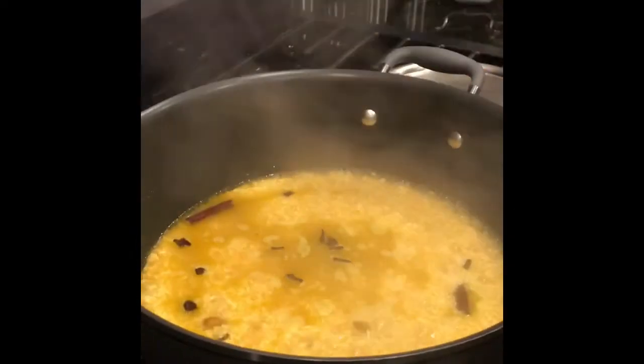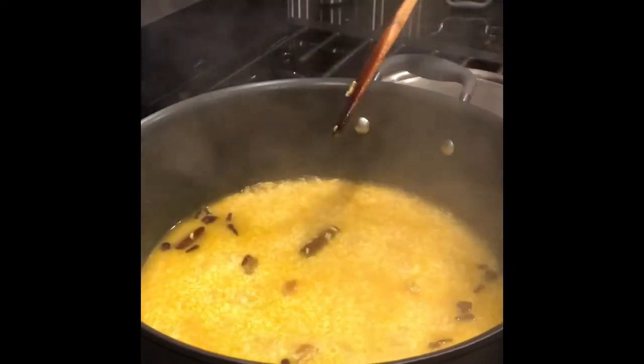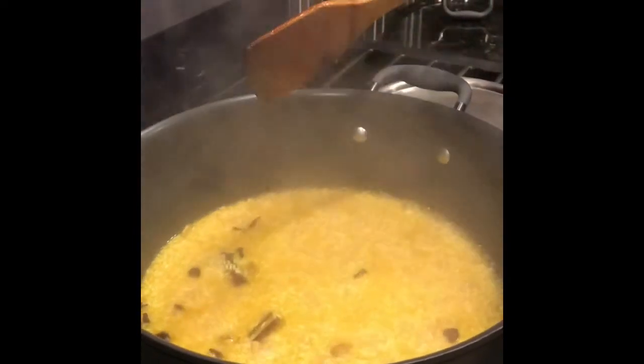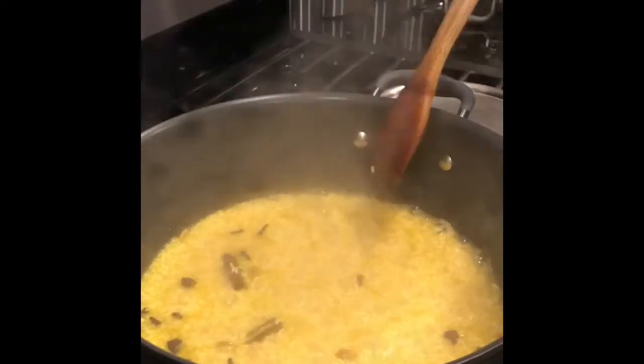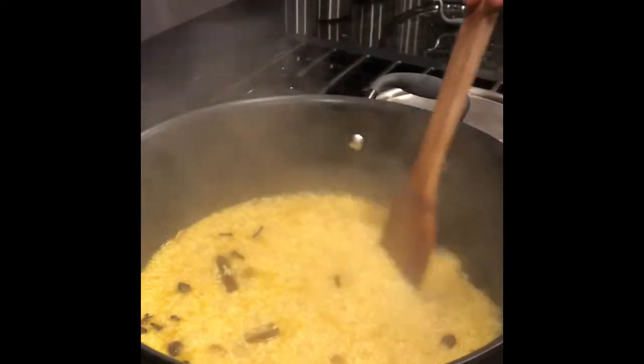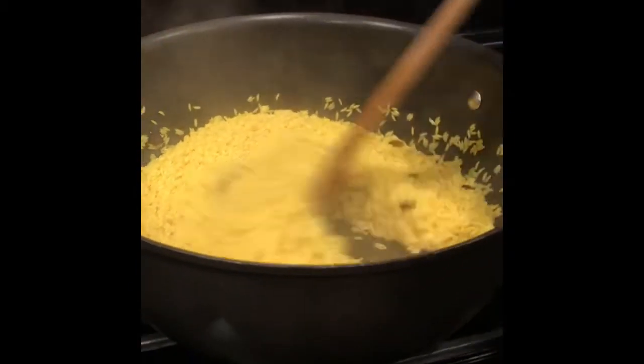As you can see now, the starch is being formed. You see that? That's the starch. This water has to completely evaporate, and that's when I'm going to lower the flame to real low and cook it on real low flame. This is basically the pilaf rice which they serve in Indian restaurants. Now you can see the water is completely dry. So now I'm going to lower the flame to low and